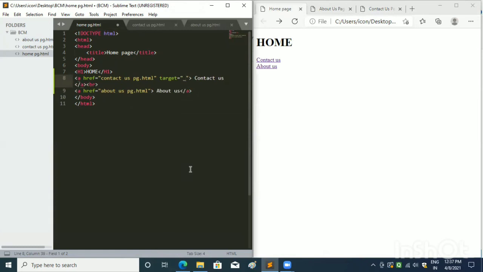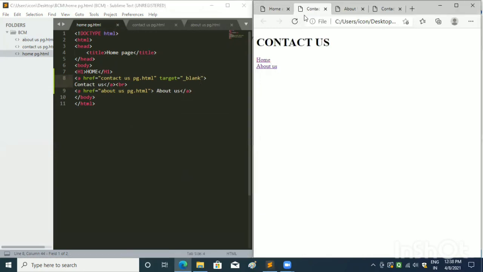So now when I save the document and refresh the browser, you can see when I click on home file, it is being opened in the same page. But in home page, when I click on the contact us button in which I have given target attribute, it is being opened in another page because we have written underscore blank in the target attribute.